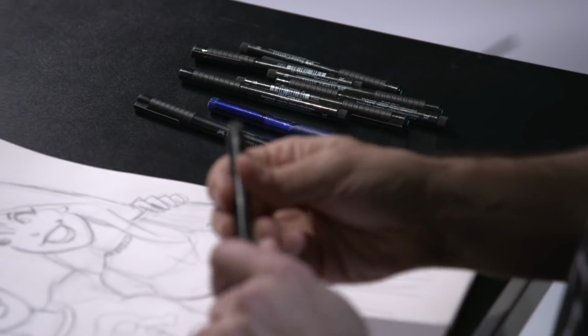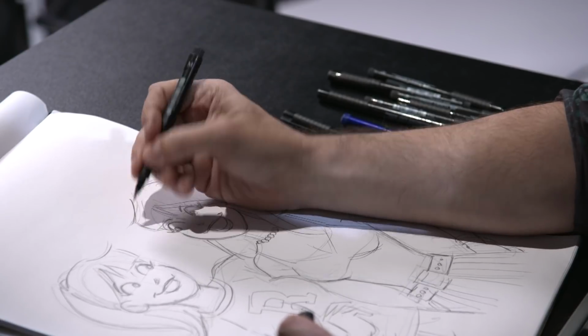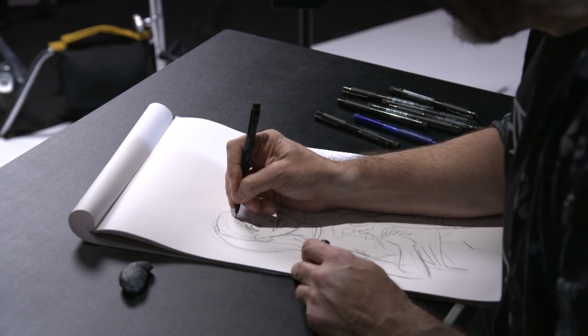So the next step will be I'll be inking it in, and I'll go over it with just a regular India ink, kind of like a flat marker, and then I'll go over it with a brush pen after that. Again, these are just basic Pitt pens. I order them online. You get them at craft stores and things like that. But they're Pitt artist pens, and